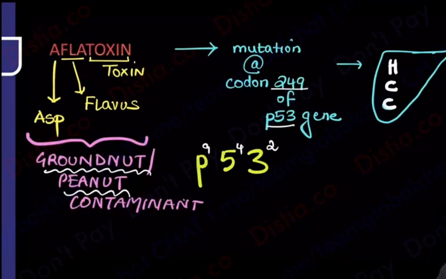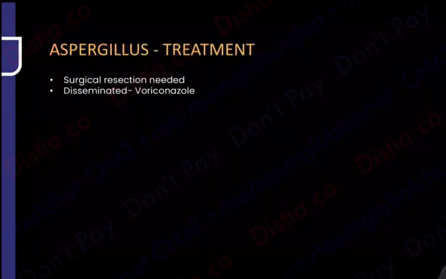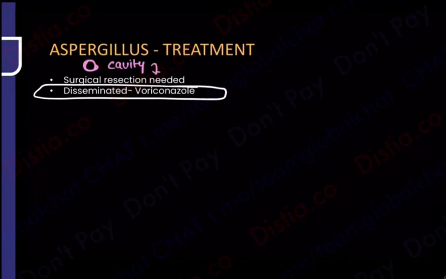Having said that, what is the treatment aspect going to be? Remember, it depends on whether there is an aspergilloma. For example, if there is an aspergilloma or something that is growing in a cavity, you might need surgical treatment. But a question that has become very, very famous is, what is the treatment for disseminated aspergillosis? And that is voriconazole. Very, very important. I hope you remember voriconazole was also a drug that has recently come up for chromoblastomycosis also. But yeah, disseminated aspergillosis is a very famous question nowadays. Remember, when you go to your Q bank, you are going to find this.